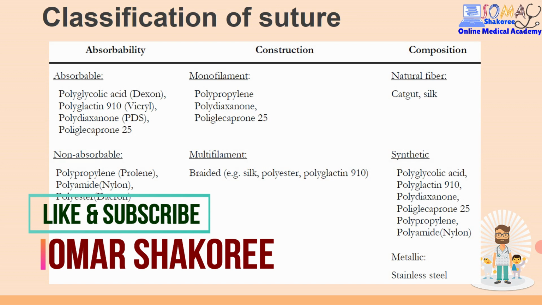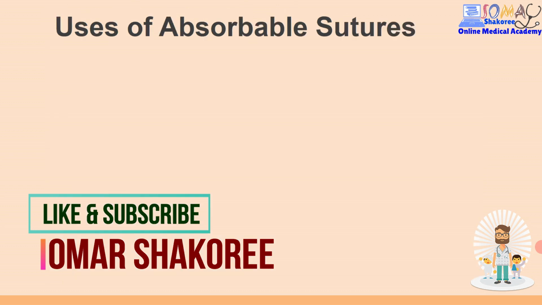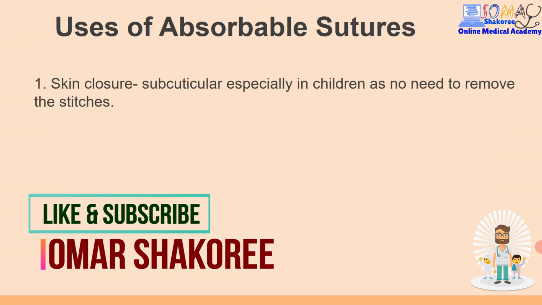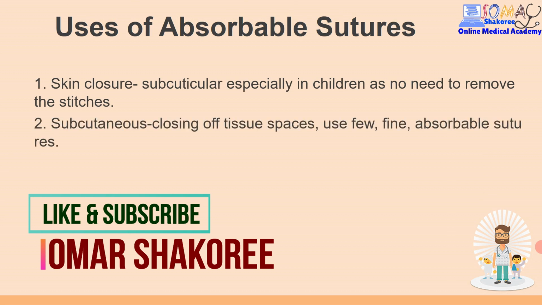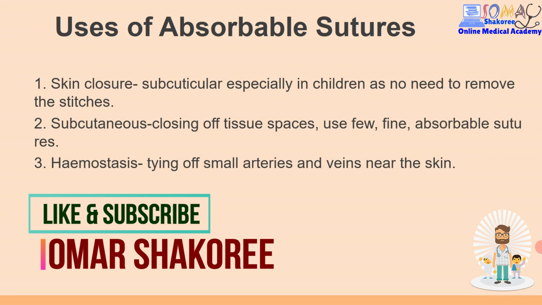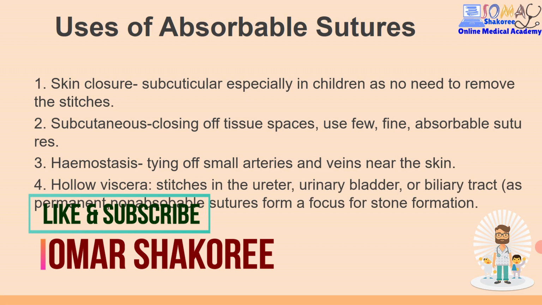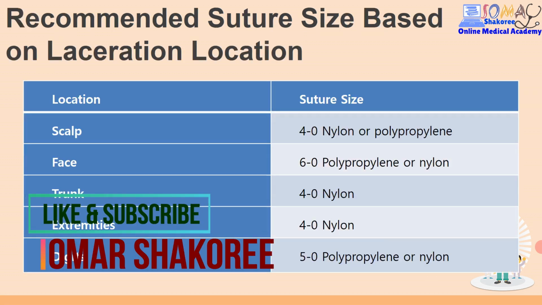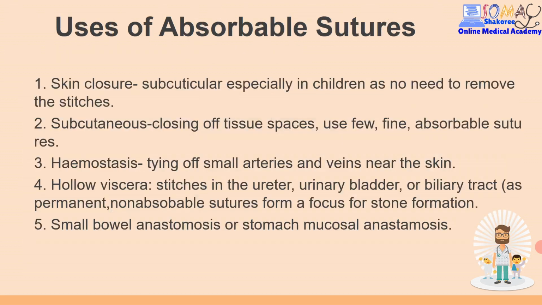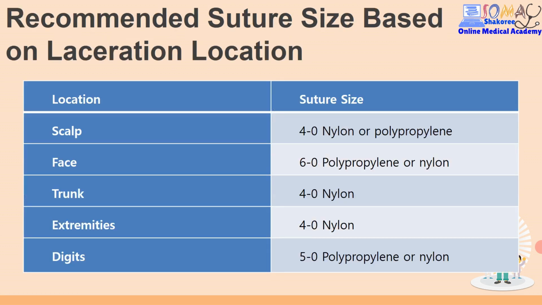Now, classification of suture materials. We have absorbable and non-absorbable. I prefer that this will be discussed in the emergency department with the available suture materials. We mostly use absorbable sutures in the emergency department and in the operation. For skin closure, especially in kids, and subcutaneous closure, we use absorbable suture. For hemostasis and tying of arteries and bleeders, we use absorbable sutures. For hollow viscus, like end-to-end anastomosis of intestine, we use absorbable suture. For small bowel also, we use